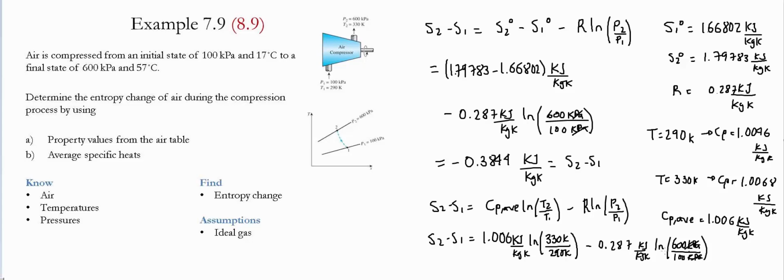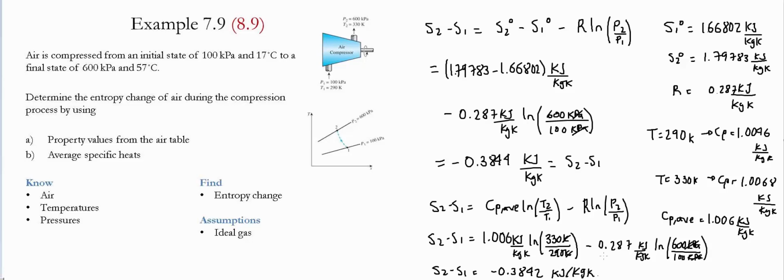Notice that the units inside of the natural log must cancel. Therefore, the difference between the entropy is equal to negative 0.3842 kilojoule